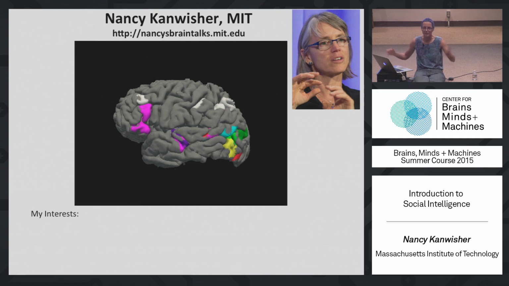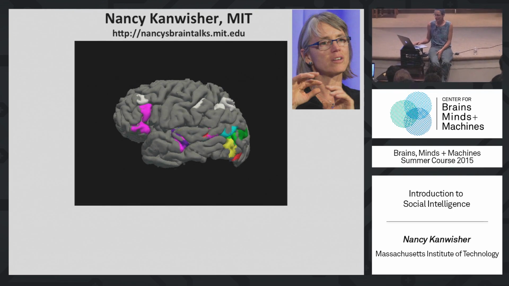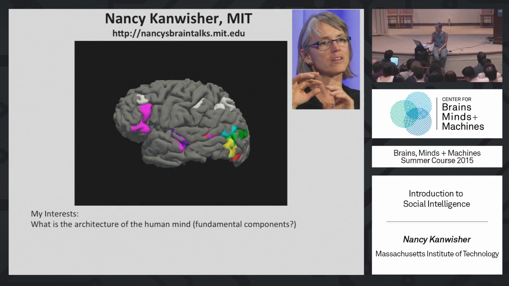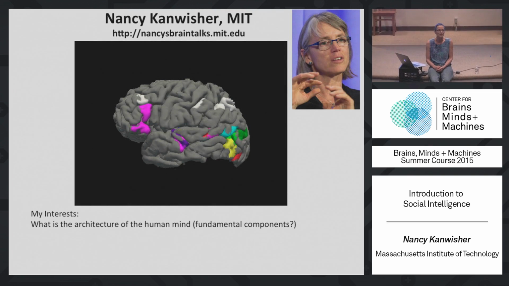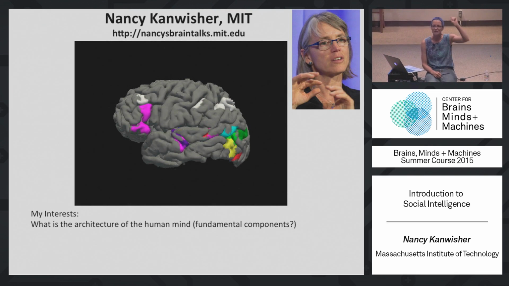So my interests at a very general level are to answer things like, what is the architecture of the human mind? What are its fundamental components? And there are lots and lots of ways to find those fundamental components. Functional MRI, which is how we made this picture, is just one of a huge number. I loved Patrick's comment that you should find questions, not hammers. I kind of like my hammer, I have to confess. But questions are more important, and there are lots of ways to approach this question of the basic architecture of